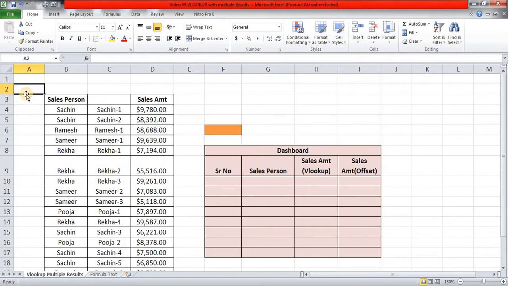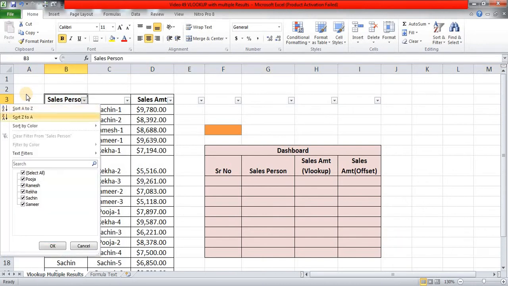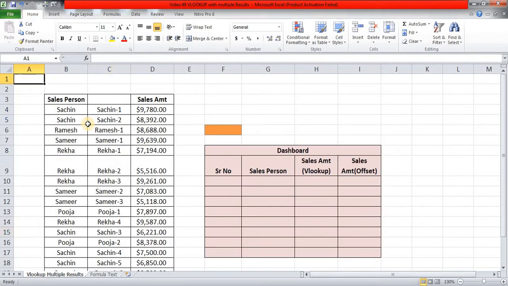And I can demonstrate this to you, with Ctrl+Shift+F. Now if you type, say, Sachin, here it is: Sachin 1, 2, 3, 4, 5, 6. So using COUNTIF we can have these unique lookup values. Now in a second step,